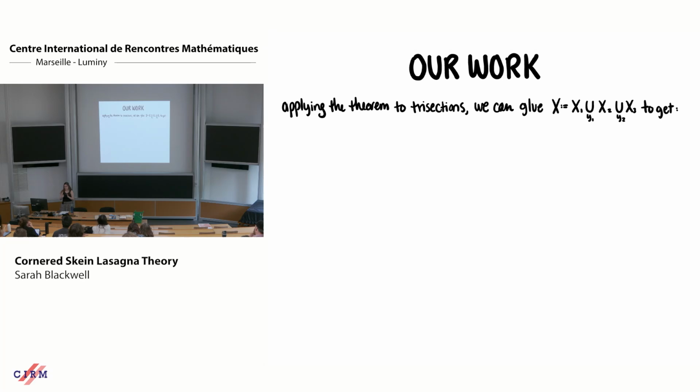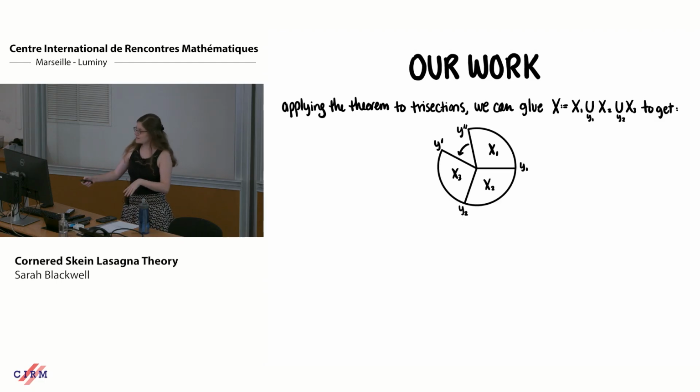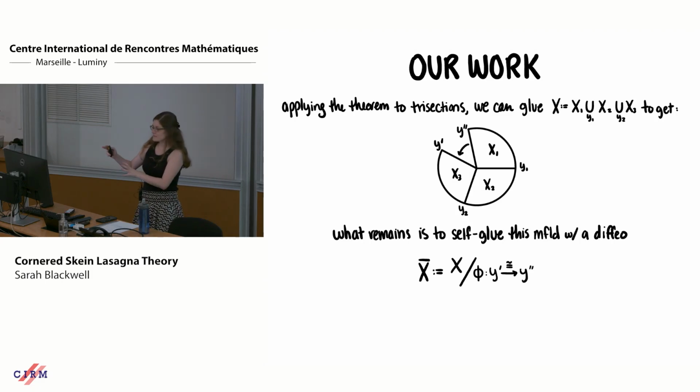Cool. Okay, so now if we're thinking about trisections, I can apply the theorem I just wrote down to gluing three pieces together. So I have an X1 and X2, I glue along a Y2, an X2 and an X3, I glue along a Y2, and I get this Pac-Man thing. So if I want to get a closed thing, I need to self-glue. And if I'm assuming my pieces are trisection pieces, if they're all what they're supposed to be, then this Y prime and Y double prime are supposed to be two things that are diffeomorphic, so I can glue them together. So X is going to be the thing before I've self-glued, and then X bar is going to be what I get now that I've glued via this diffeomorphism.